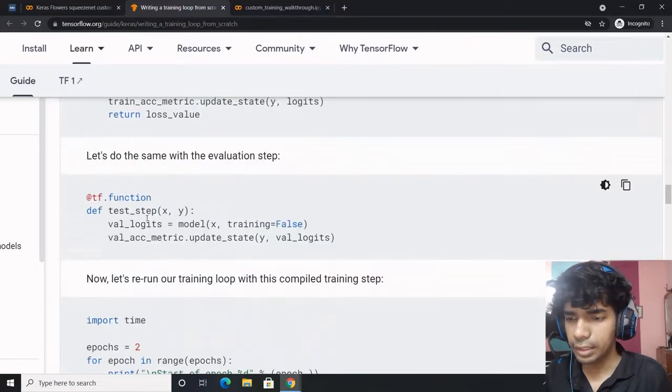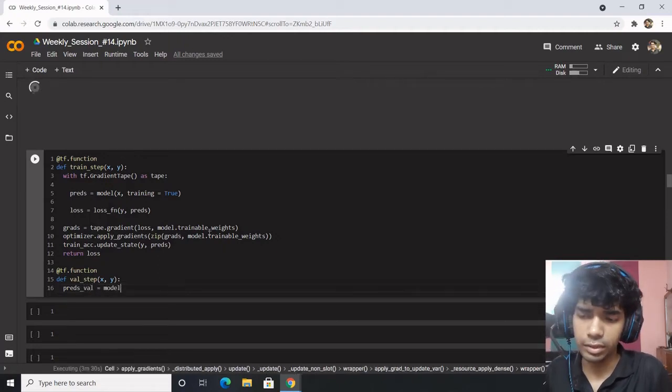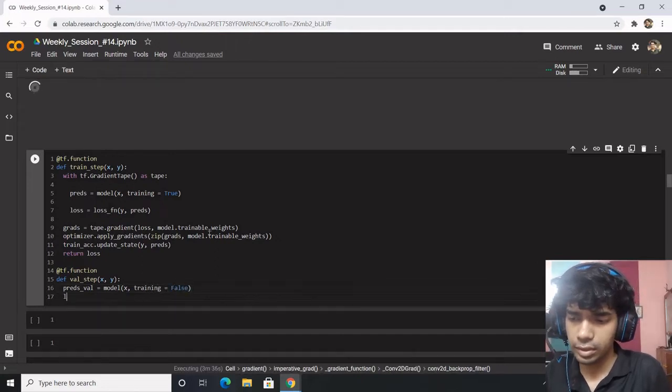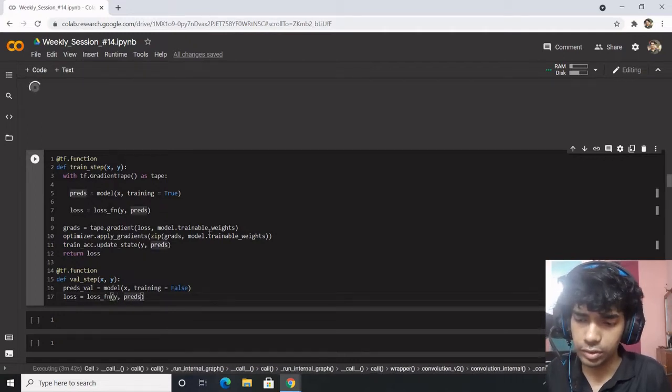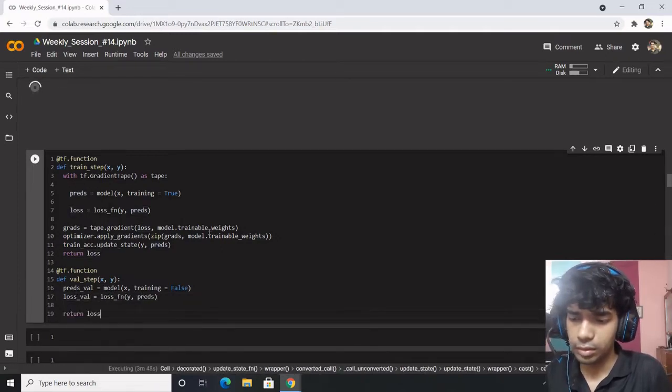Here we do not need any gradient tape, simply the validation predictions would do the work for us. Training equal to false, loss would be equal to the loss function of y and predictions. Return the loss value.